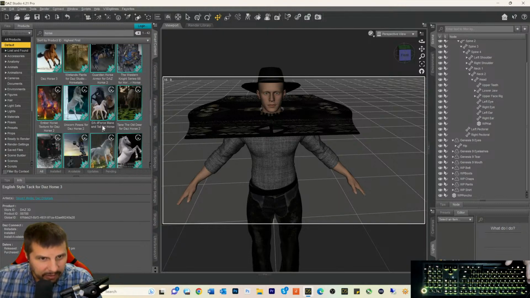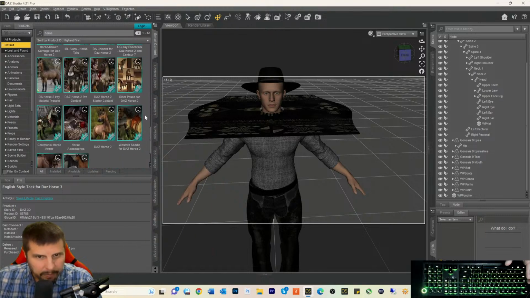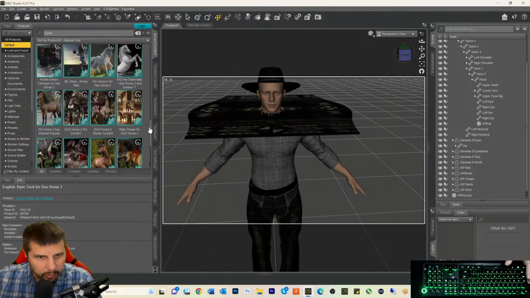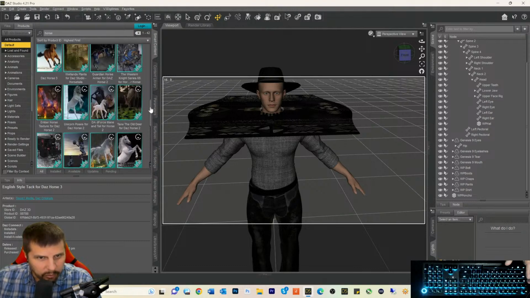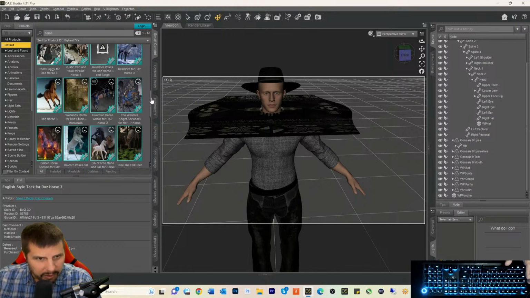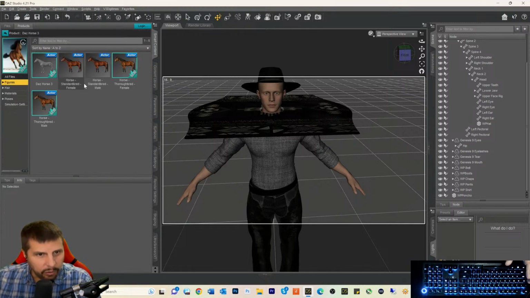Now, I bought the Daz Horse 3 like long before. Okay, every time I do this, it goes past what I'm trying. That's Daz Horse 2. The first thing, okay, Daz Horse 3. So we got figures, and we're going to bring in